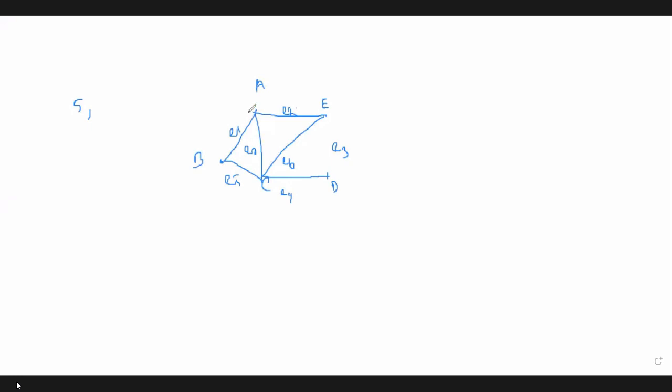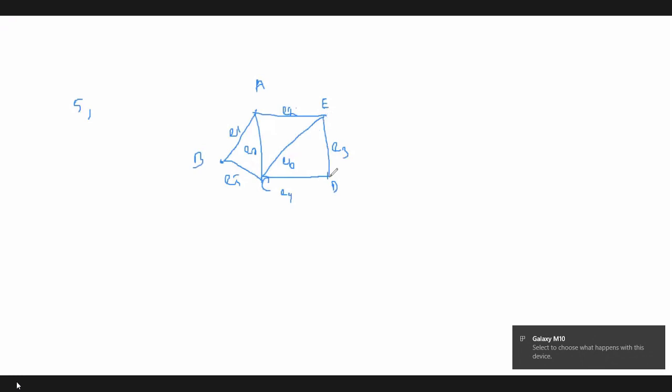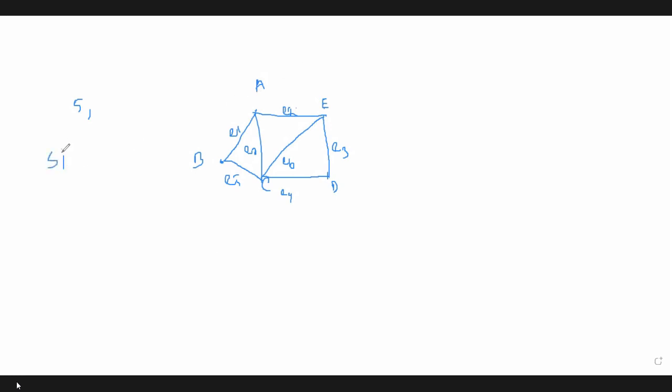So here between A and B there is an edge E1, between A and D there is another edge E2, between E and C there is an edge E6. But there is no edge between E and D. So now after adding this edge here, there is an edge between E and D. So in a graph, if any two nodes have an edge, and if there is not more than one edge between any two nodes, that graph will be called a simple graph. Or we can call it a connected graph.